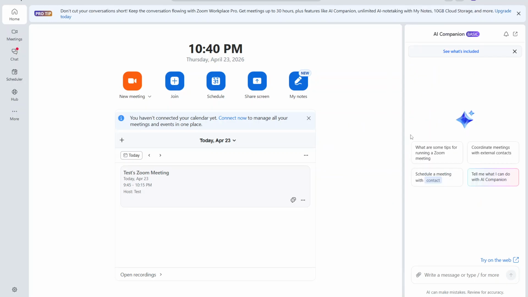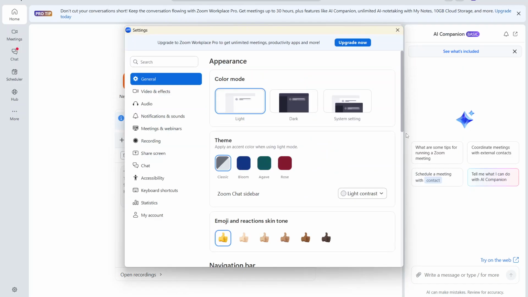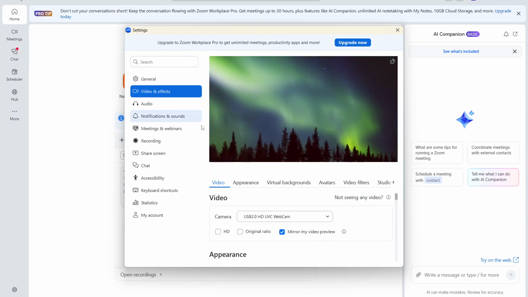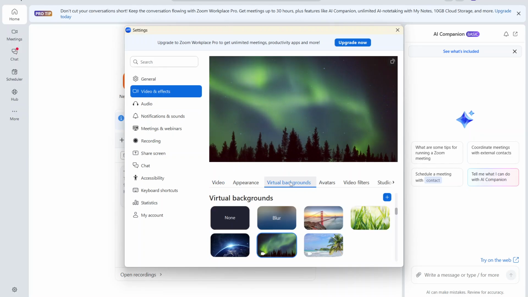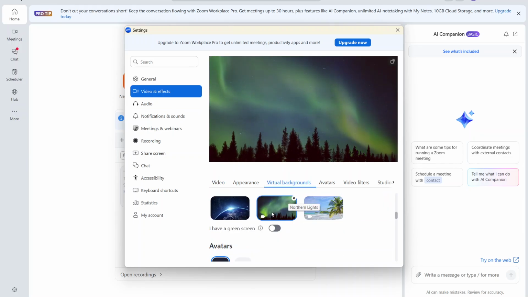Now from the Settings menu, look for the option labeled Backgrounds and Effects. Clicking on this will present you with the tools necessary to select and modify your virtual background. Here you'll see a variety of backgrounds that Zoom offers by default. You have the option to choose one of these, or, if you prefer a more personalized touch, you can upload your own image. To do this, simply click on the plus sign, which allows you to add a new image